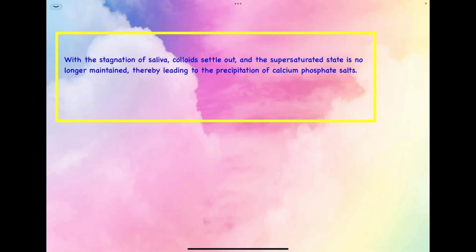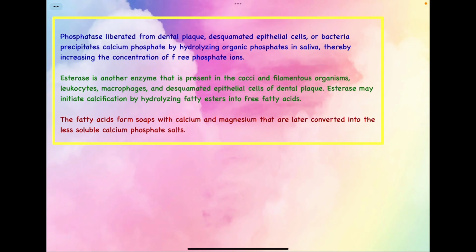Now when the saliva gets stagnated, all the colloids present within it settle out, and the supersaturated state of saliva with calcium and phosphate is no longer maintained, and thereby this leads to the precipitation of calcium phosphate salts. So apart from phosphatase, which leads to the increase in the concentration of free phosphate ions, we have